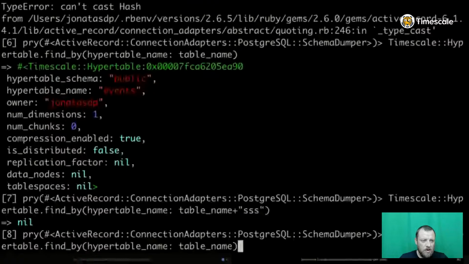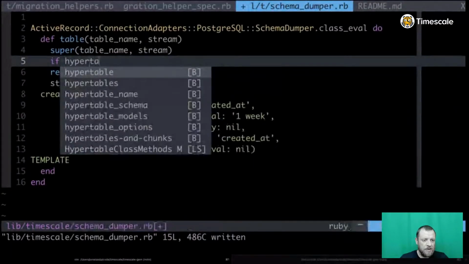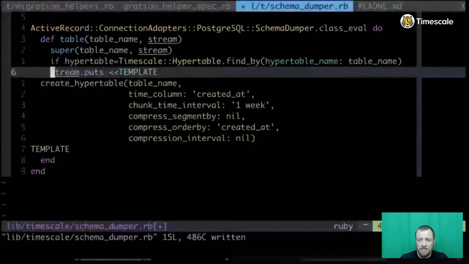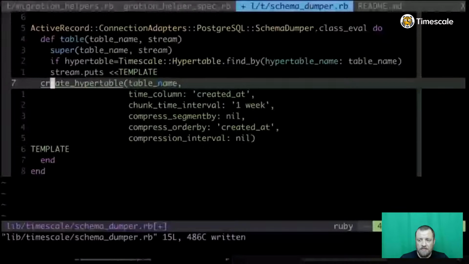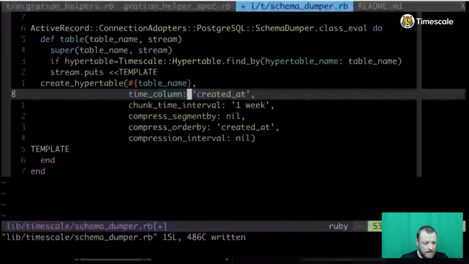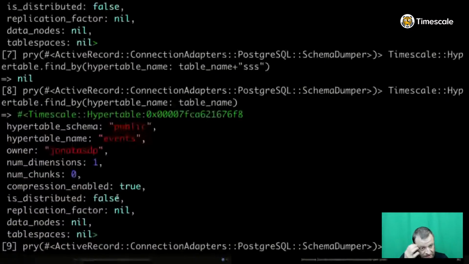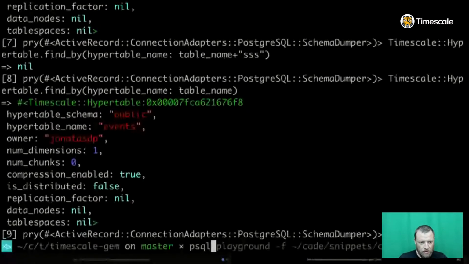So this is how we can start thinking about it. So if hypertable equals find hypertable, then we can say create hypertable, and then here call table name, and then now we can get the columns and everything that we need for this hypertable. So how will we discover this? So probably it's in another place. So we need to discover, and maybe this is also not mapped here. So let's just jump into our